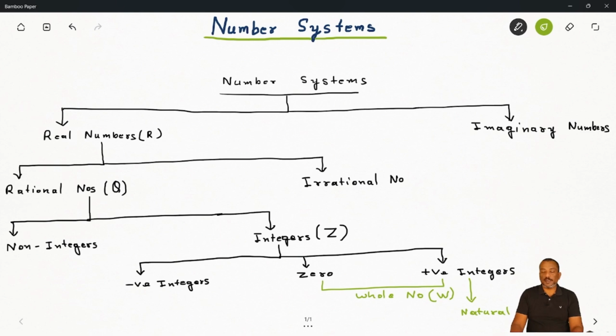अब हम एक एक नंबर्स के बारे में पहले देखते हैं। तो फिर से मैं आपको बता देता हूँ, जो हमारा नंबर सिस्टम है वो दो पार्ट्स में डिवाइड होता है, रियल नंबर और इमेजिनरी नंबर। इमेजिनरी नंबर के बारे में हम लोग नेक्स्ट वीडियो में देखेंगे। और जो रियल नंबर होता है हमारा दो पार्ट्स में डिवाइड होता है, रैशनल नंबर एंड इरेशनल नंबर। और रैशनल नंबर अगेन दो पार्ट्स में डिवाइड होता है, नॉन इंटीजर्स एंड इंटीजर्स। एंड इंटीजर्स डिवाइडेड इनटू थ्री पार्ट्स, नेगेटिव इंटीजर्स, जीरो एंड पॉजिटिव इंटीजर। और यहाँ पे जो जीरो और पॉजिटिव इंटीजर ये दोनों मिलके होल नंबर बनाते हैं, और जो पॉजिटिव इंटीजर है वो आपके नेचुरल नंबर बनाते हैं, ठीक है। अब हम इसके बारे में भी देखते हैं ये नंबर कैसे होते हैं।